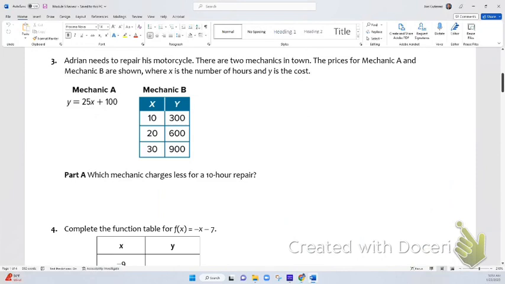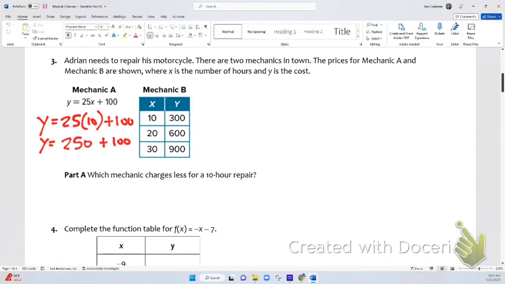All right, for question number 3, it says, Adrian needs to repair his motorcycle. There are 2 mechanics in his hometown. The prices for mechanic A and mechanic B are shown, where X is the number of hours and Y is the cost. For the first one, mechanic A, they only give us an equation, and that's fine because they're telling us that they're going to work on Adrian's bike for 10 hours. So for mechanic A, we just do 25 times 10 because X is the number of hours. If they work on it for 10 hours at $25 an hour, they're going to charge Adrian $250